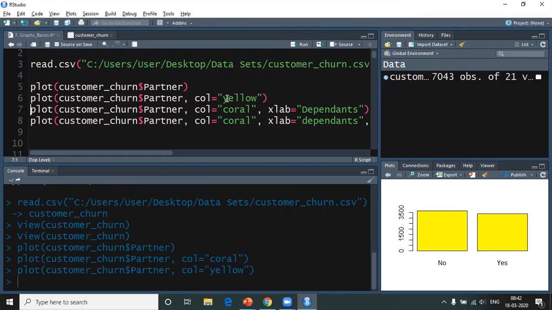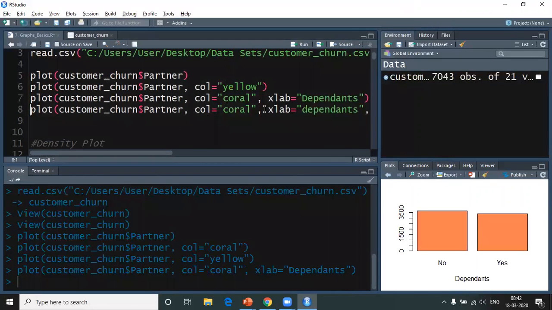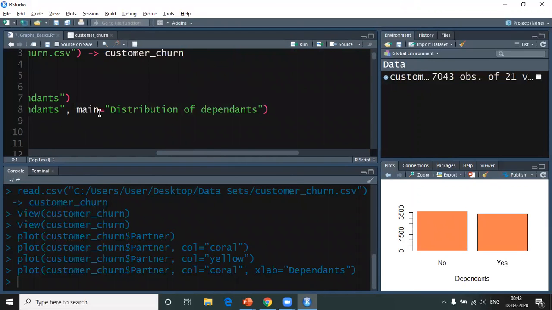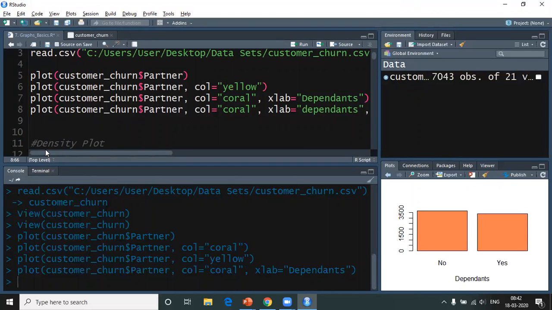It's really interesting to do it for the first time. Now I want to give my x axis a name, and in order to do that, I would be using something called xlab. When I do this, I have my label with the name of dependents here, as you're able to see. And in the next step, I would also be giving the main. What would main do, guys? Please pause the video for a second, open your RStudio and try to check what main does.